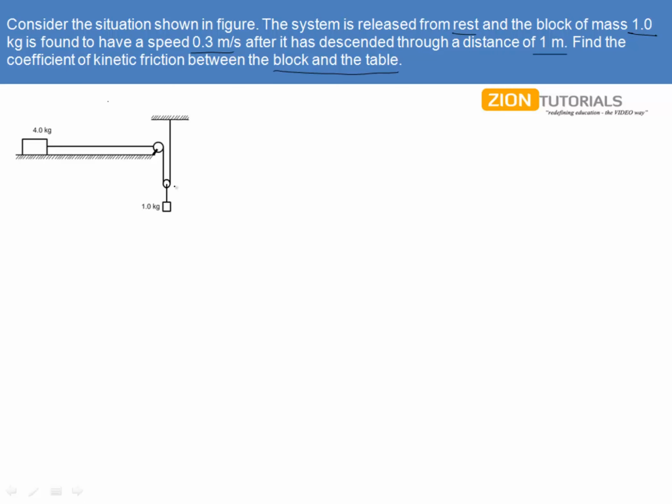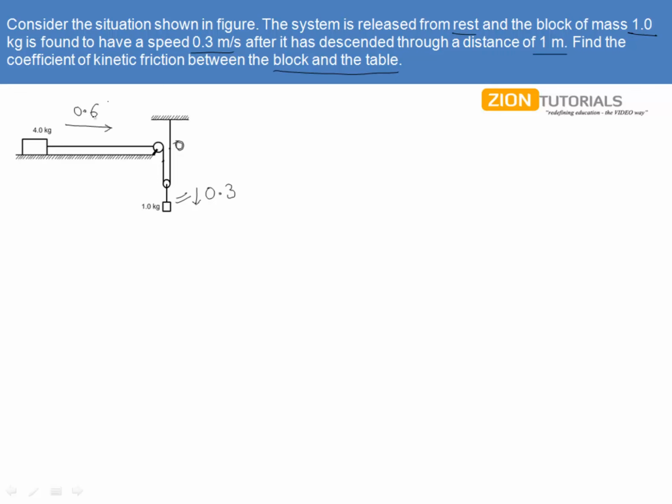Now in this question they have given us the initial velocities as 0 because the system started from rest. And finally, when this block has descended by 1 meter, they have given us the velocity of this block to be 0.3, obviously downwards. Then the velocity of this rope end will be 0, because it has been tied at one end to the ceiling, so it won't be moving. So the speed of this part of the string will be twice of this, so the speed of this block will be to the right, 0.6.